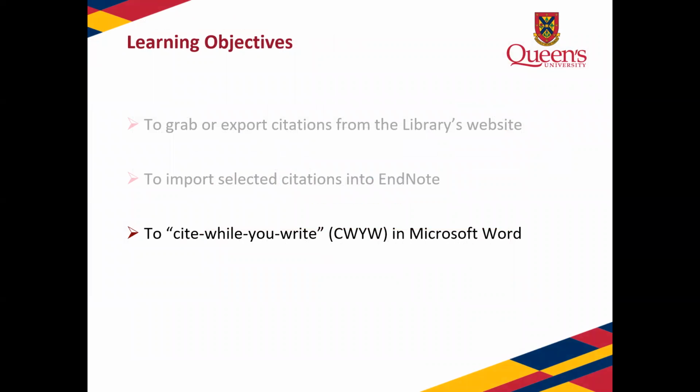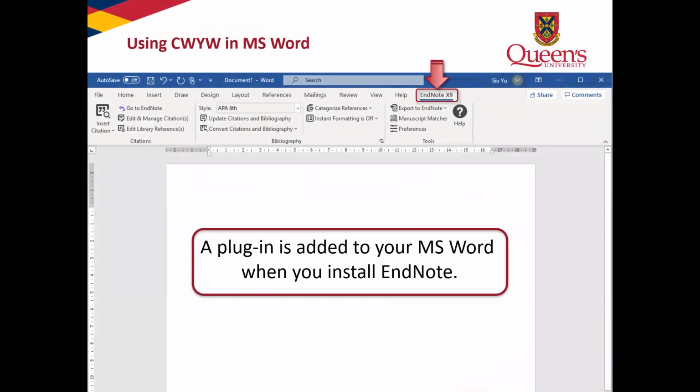So far, we have exported the selected citation from the library's website and imported them into EndNote. Now we are ready to cite while you write in Microsoft Word. It's worth noting that when you install EndNote, a plugin is added to your Microsoft Word. In order to use the Cite While You Write function,